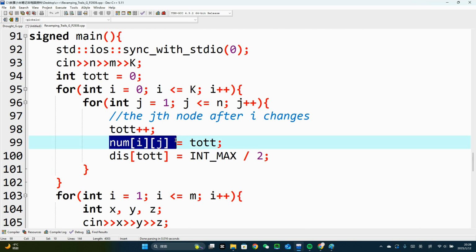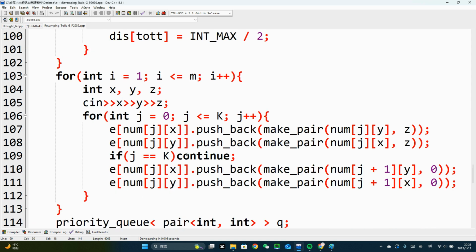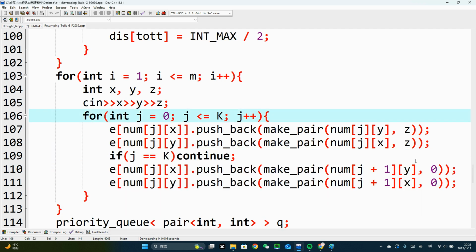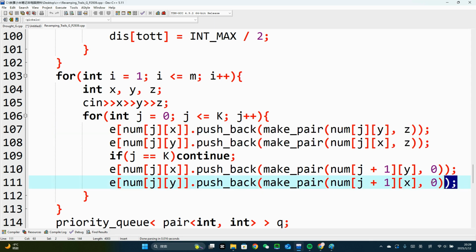I actually stored a num array, meaning the label of the jth point on the ith layer. So it's easier to know what that point is labeled, and easier to connect edges. And as you can see, these are edges that run between layers. Now, for each layer, first of all, we connect edges within them,